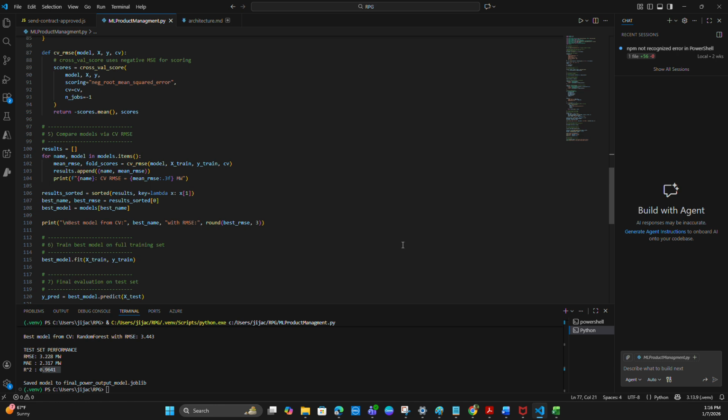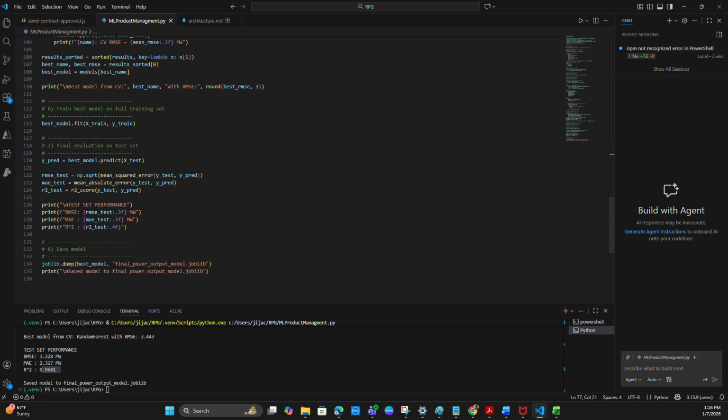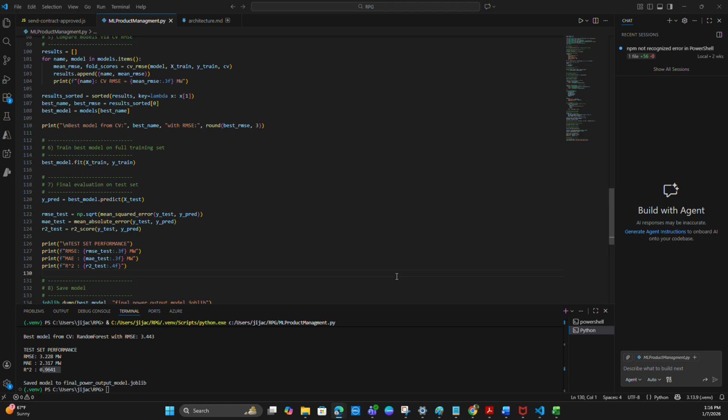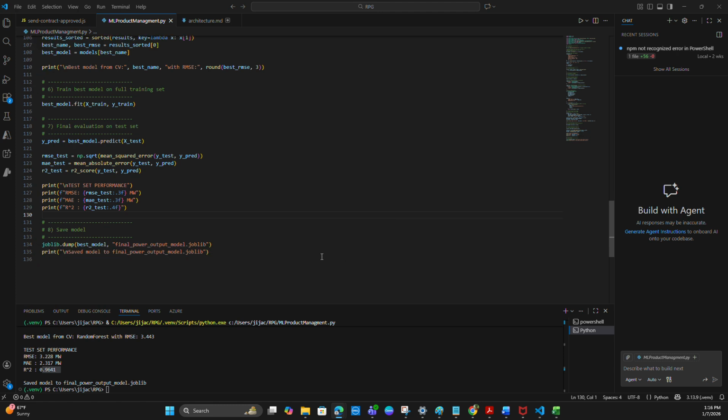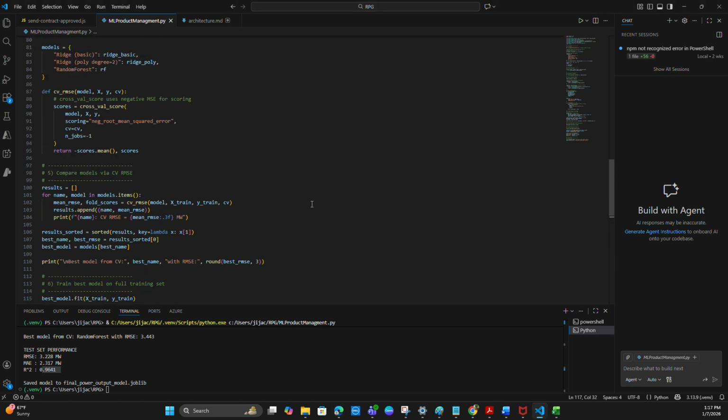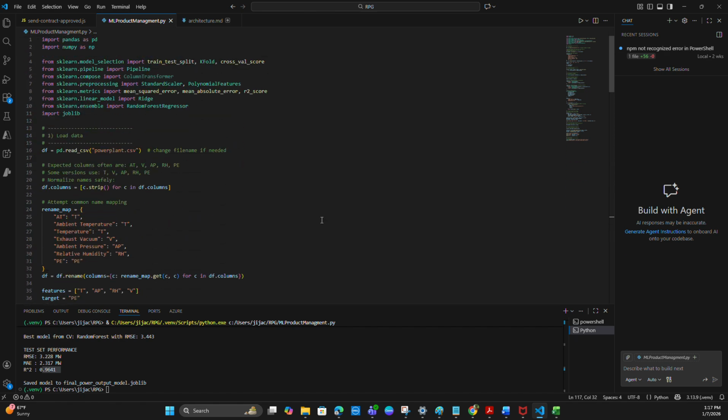For the model comparison and the final selection, the random forest regressor consistently achieved the lowest RMSE, indicating better predictive performance than the linear model. So based on this validation performance, I selected the random forest as the final model. For the final test set performance, after training the selected model on the full training set, I evaluated it on the unseen test data. So let's check this. This is my Python file in which I use the NumPy library and